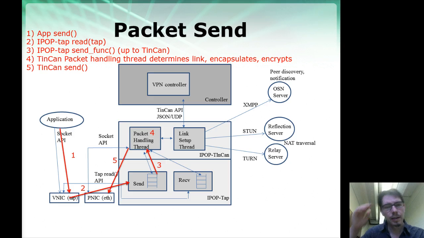So on the side of the application and packet handling, how does information flow through this architecture? An application, if it's sending a packet, is going to use the socket API to send a message, and that's going to be on this virtual network interface, this tap device. IPOP itself can read from this tap device using a read system call. Then it goes into a buffer in the IPOP tap, in one of the IPOP tap threads, a send thread. Eventually this is sent to TinCan through the send function, and TinCan is going to handle this packet from that point